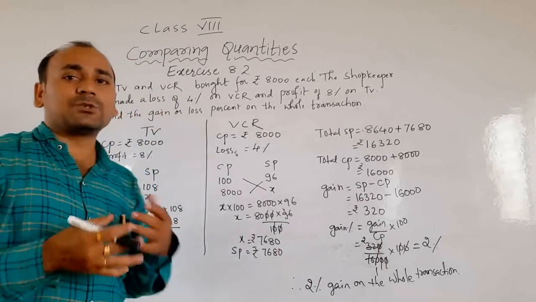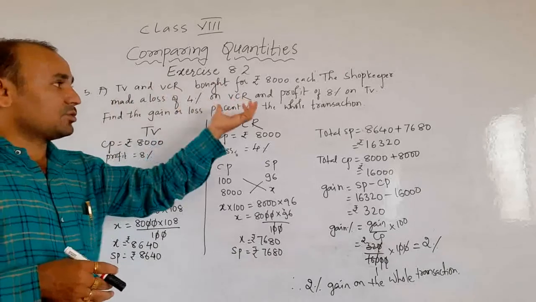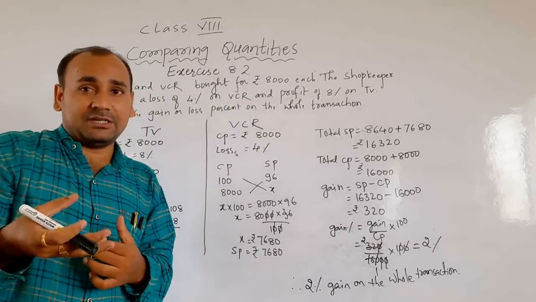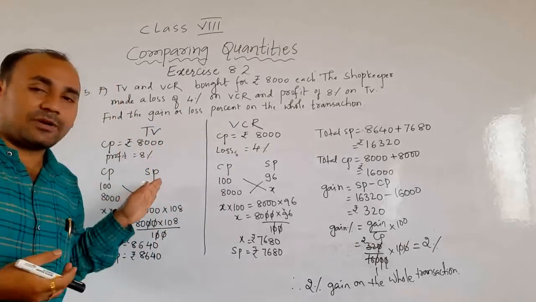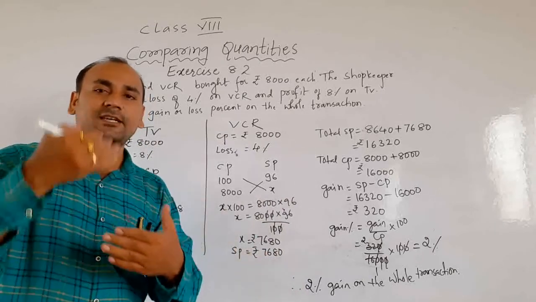So these are 5 questions I have explained. Please try to understand whatever question we have given. That question you need to understand first. What he has given, take that one. What we have to identify, find that one. Finally, what we have to find out, find this one. This is the step-by-step procedure.